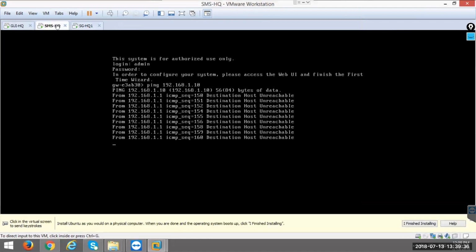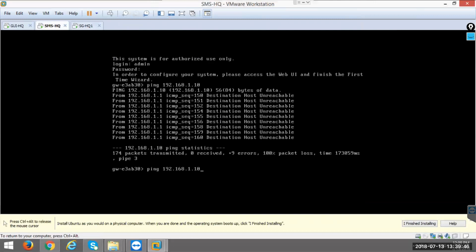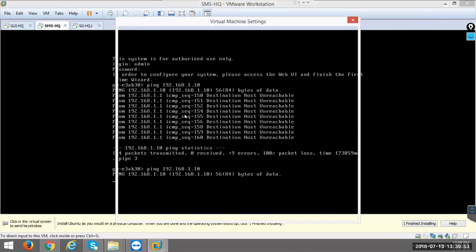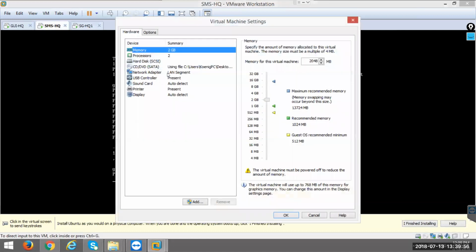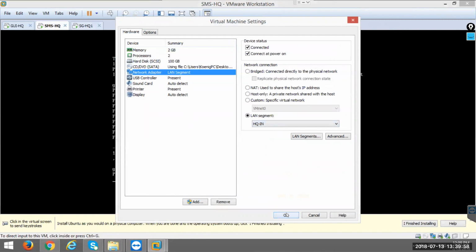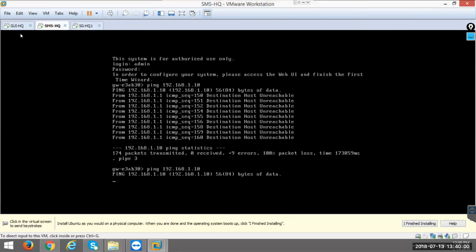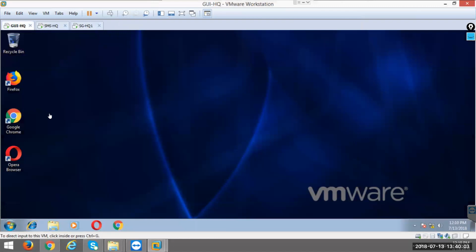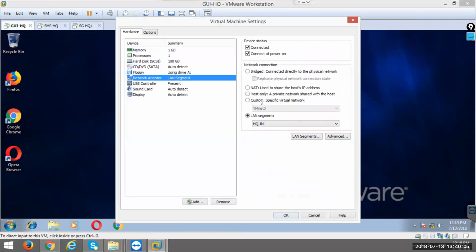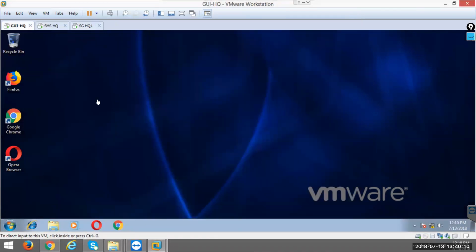And let's see whether, oh, you can see it is still telling you that the destination host is unreachable. Let's try again. What happened? So either the LAN segment is not functioning properly, HQ in, okay, good. And let's check here, it is also HQ in or not. Now you see HQ in, so it should ping, but